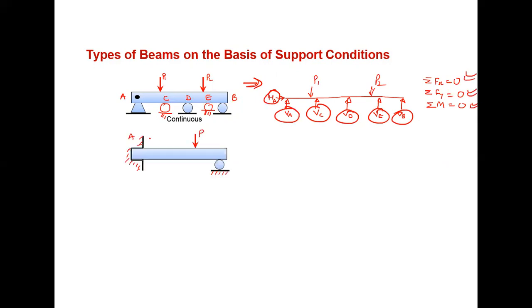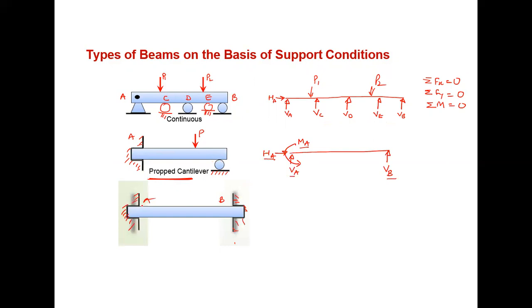Okay. Then the other type is this cantilever beam, where you have again applied a roller support. This roller support is not required for maintaining this beam in equilibrium. Okay, so that's why you cannot solve all the reactions. There will be four reactions and three equations, so you cannot find the reactions. So this type of beam is known as propped cantilever.